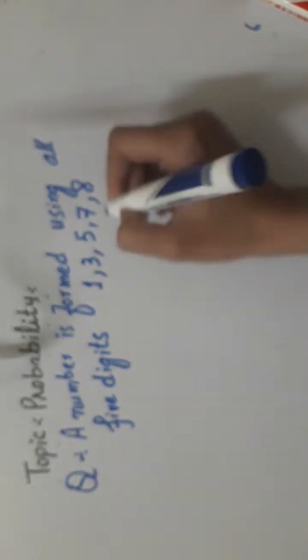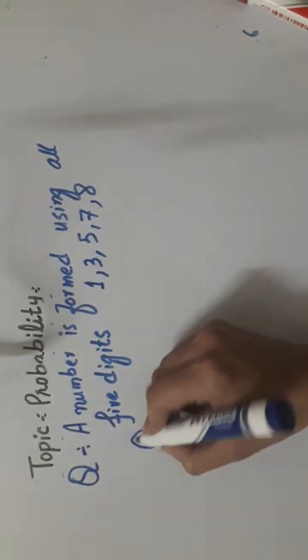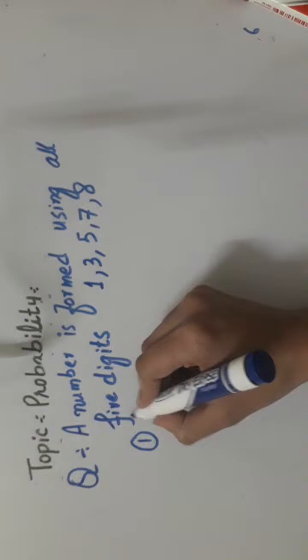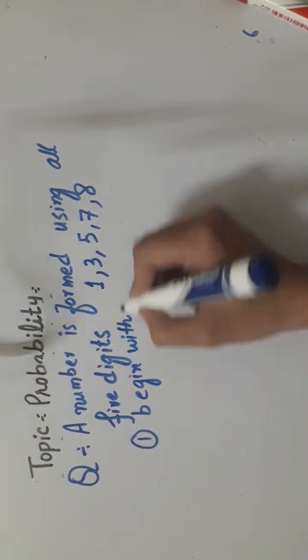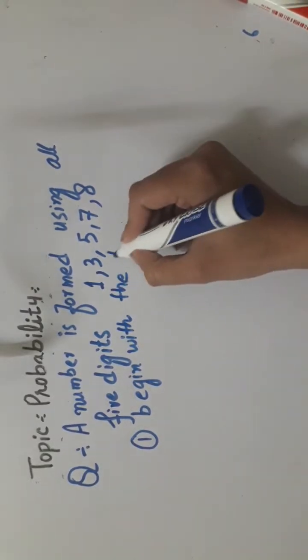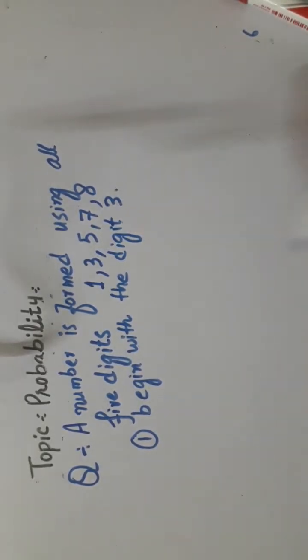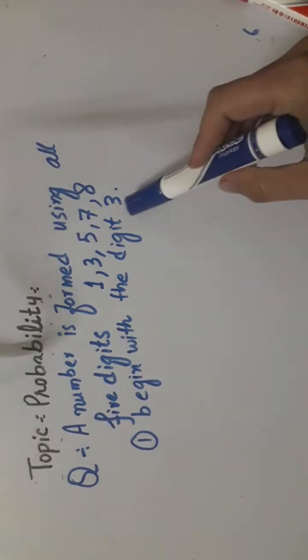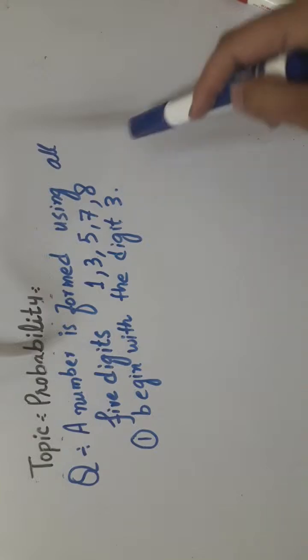This question is the same as we have done in the previous question. So, the first possibility you have to find is a number beginning with the digit 3. You will fix the position of the first. The first position or first seat is reserved by 3 and all the other numbers will get